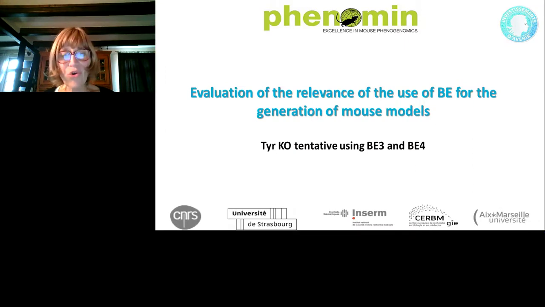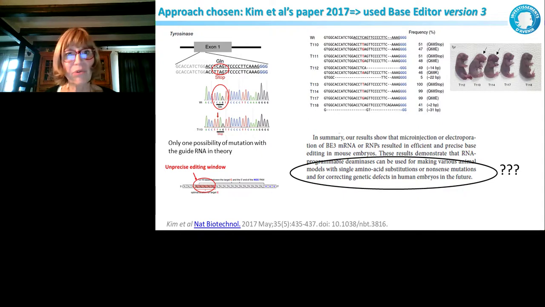So we decided to go and test the base editor, the cytidine base editor, on tyrosinase, and two versions of this base editor, base editor 3 and base editor 4. And that's what we did. Here, we use this paper; you have the reference, it's a Nature Biotechnology paper, and you can see the approach that they used. For tyrosinase, what they wanted is to generate a stop codon. If you mutate tyrosinase, you should have animals that are not black anymore if you work on black 6 animals, but they go white if you target both alleles. Then the base editor goes from a C to a T, generating a stop codon.